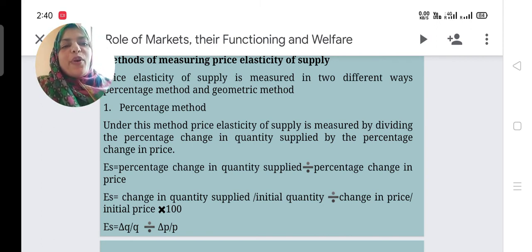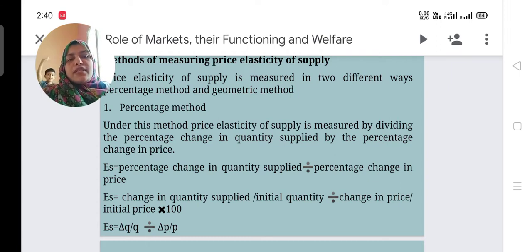Hi, good morning. Now we can discuss methods of measuring price elasticity of supply. Price elasticity of supply is measured in two different ways: the percentage method and the geometric method. Normally, we use the percentage method. Under this method, price elasticity of supply is measured by dividing the percentage change in quantity supplied by the percentage change